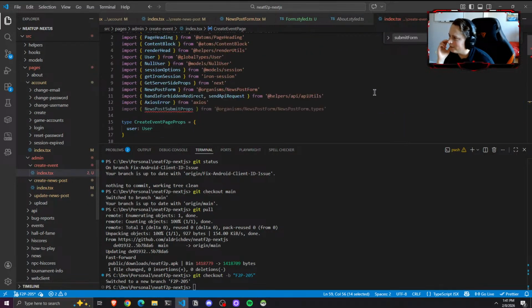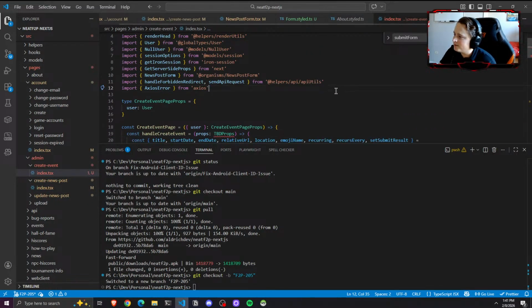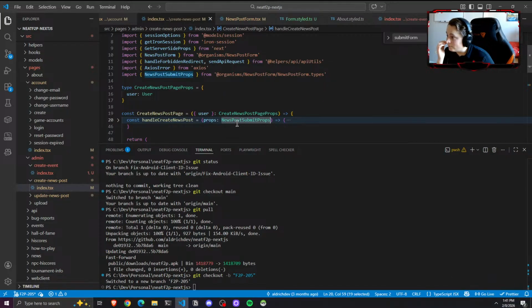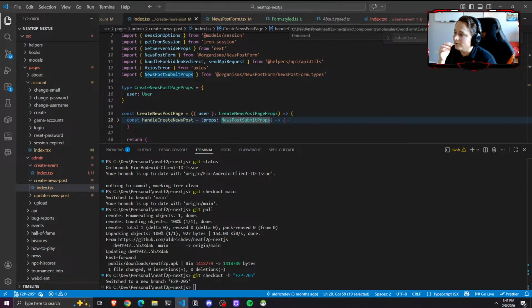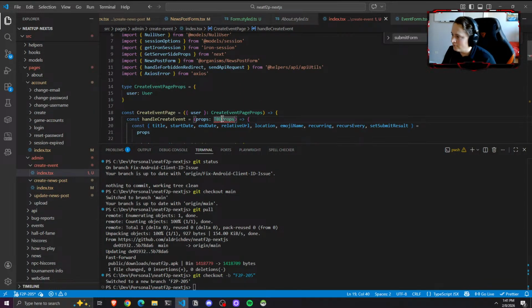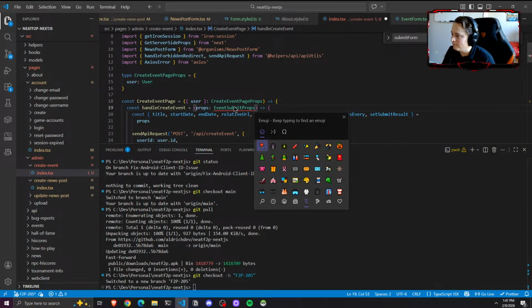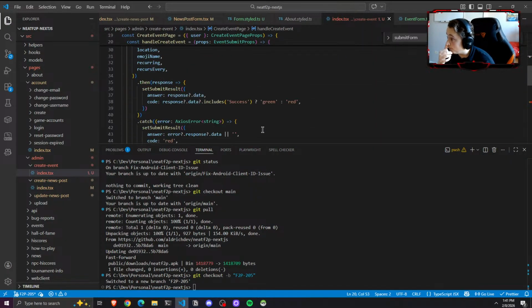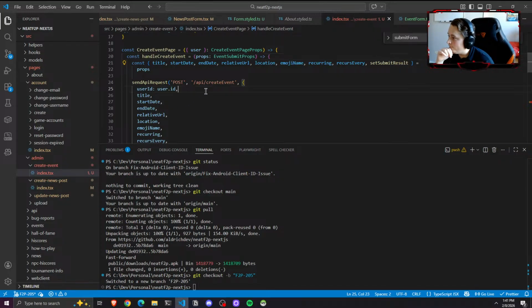Looks fine. What's the error here? Unused import. TBD props. Okay, so this is where we need to. This would be the equivalent of news post submit props, which I think is just event submit props. There we go. So there is an ID that we're passing here. If we update it,